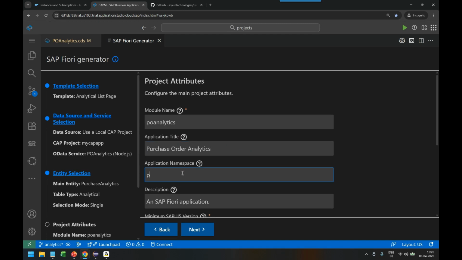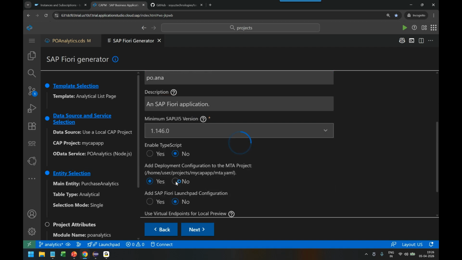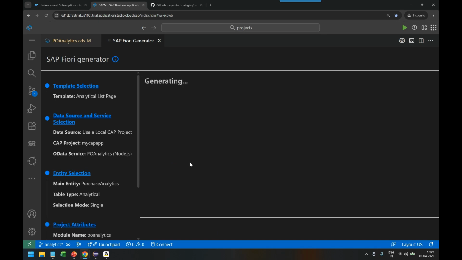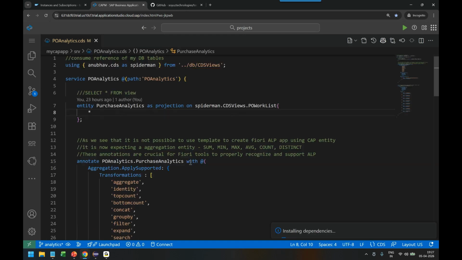So I can say po.enna. Yes. And then we don't want to add deployment configuration because we already have the existing deployment configuration with MTA YAML for this application with app router. So now we can click on finish button, and this will end up creating our analytic list page Fiori application